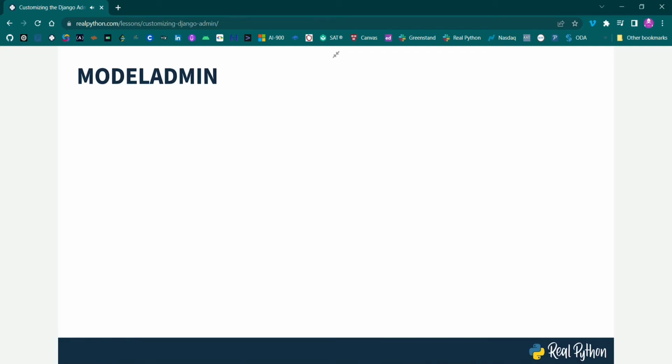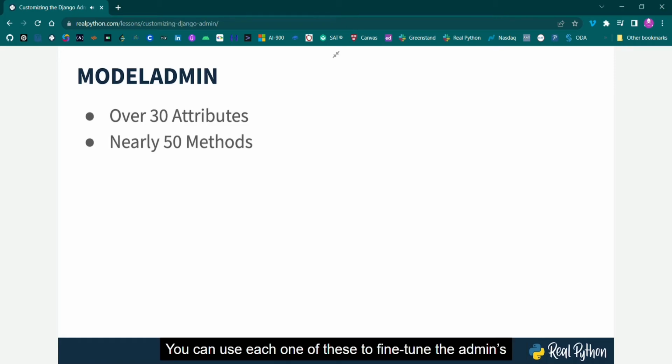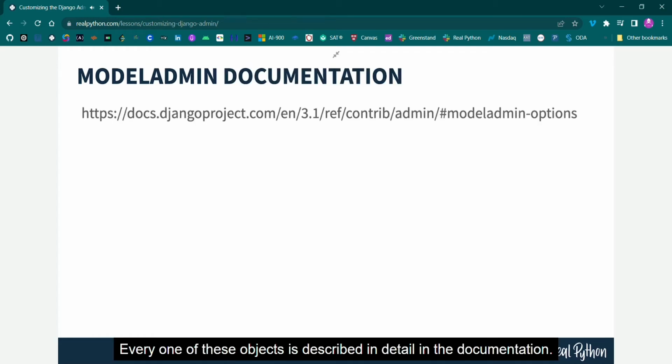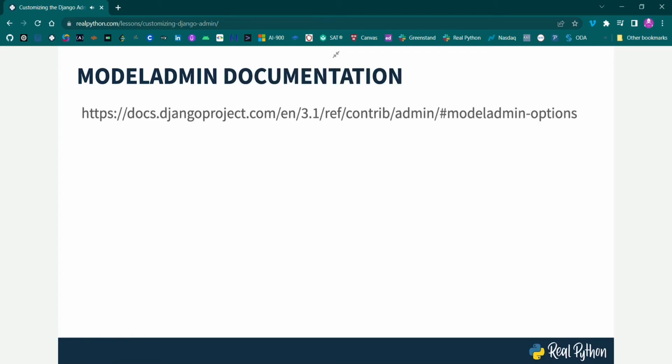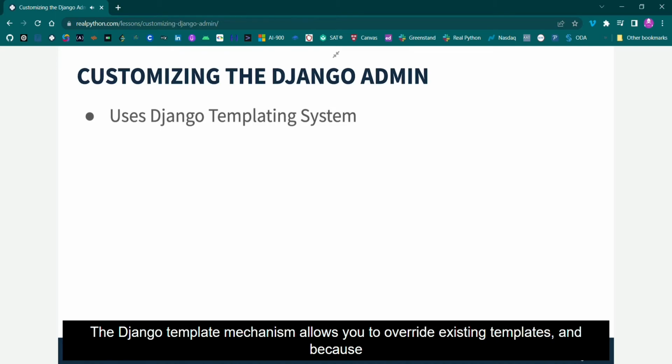ModelAdmin has over 30 attributes and almost 50 methods. You can use each one of these to fine-tune the admin's presentation and control your objects' interfaces. Every one of these is described in detail in the documentation. To top it all off, the admin is built using Django's templating interface. The Django template mechanism allows you to override existing templates, and because the admin is just another set of templates,